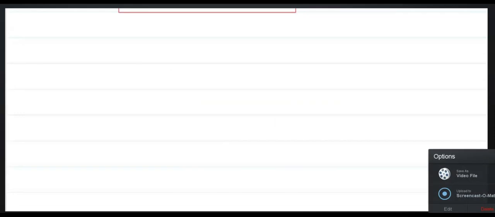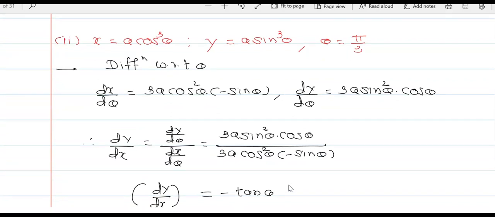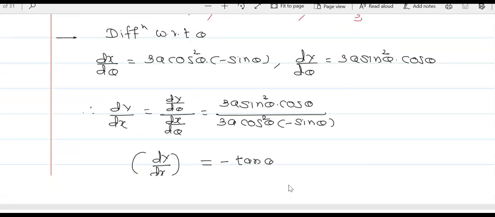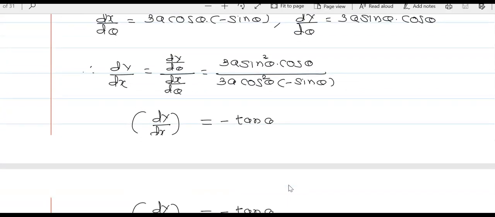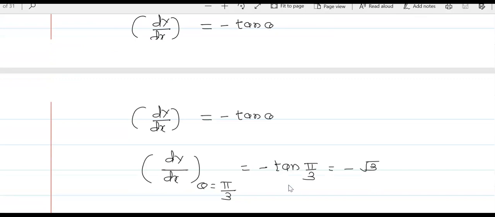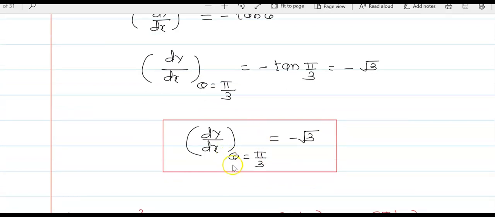Now write down from the board. Now you can write. Therefore dy by dx at theta is equal to pi by 3 is equal to minus root 3. Now the next is